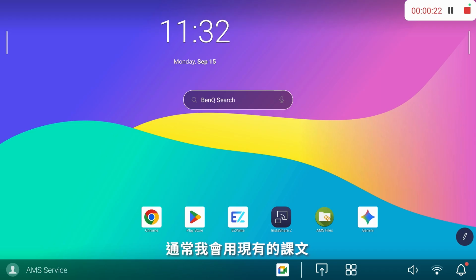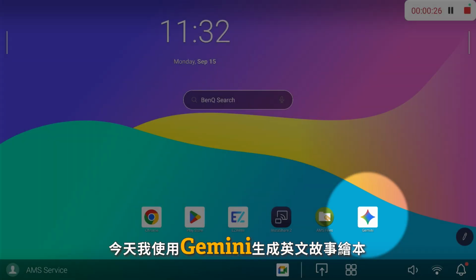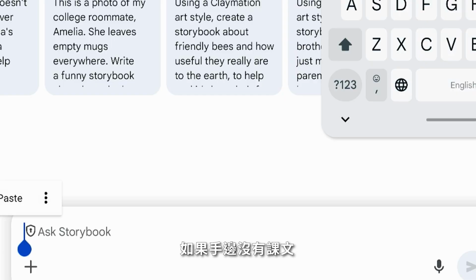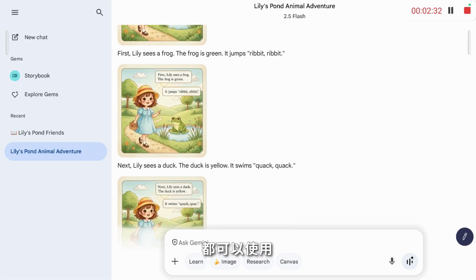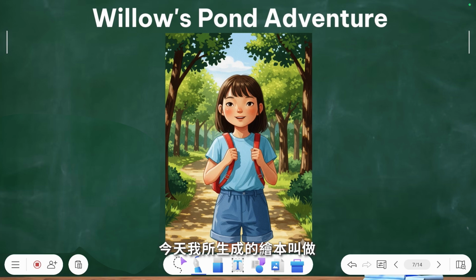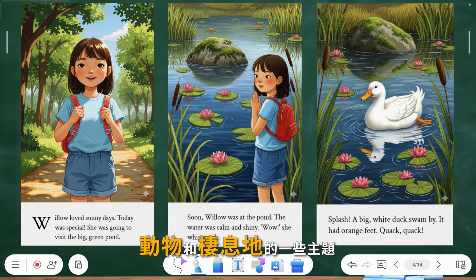In a normal lesson, I would use one of the selected texts from our curriculum, but for today's example, I created my own using the Gemini Storybook Creator. This is going to be really helpful if your school doesn't have a ready-made text or if you want to make something a little bit more customized for your class. For example, today, I'm using this one. It's called Willow's Pond Adventure, and the purpose is to help review some of the themes we've been learning about